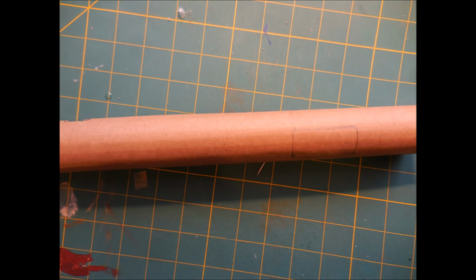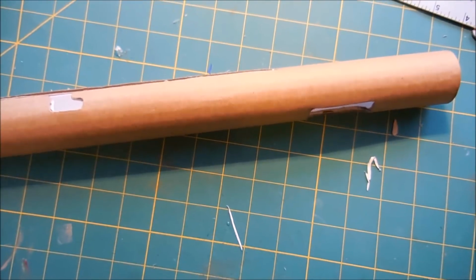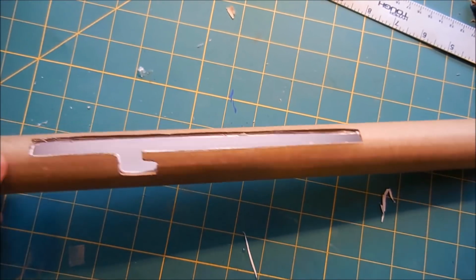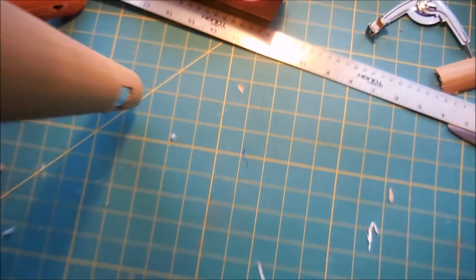On the opposite side, I'm going to sketch where I'm going to cut out the ejection port, and then I'm going to cut it out. Here's what the whole thing looks like with the two cutouts and their relative positions on the tube. I've also covered the inside with white paper to make it look better and to make it easier for the